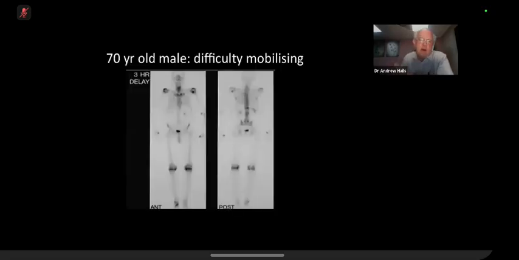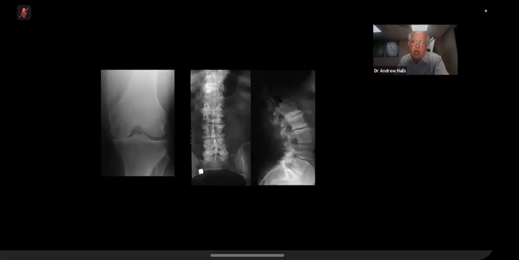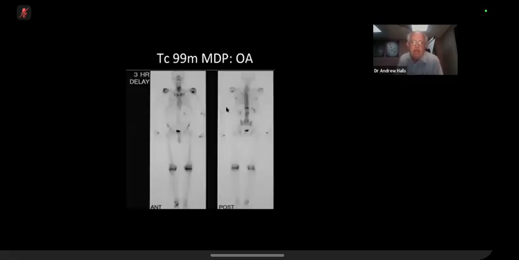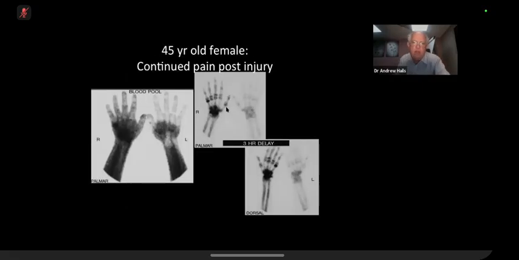I mean, this is like most of our bone scans, really. So we've got increased uptake at the first carpal metacarpal joint. But these linear areas in the spine, as you say here with these modic changes, the fact that it is linear does strongly suggest it is degenerative. Just OA, basically. Now, just to show this, we've got pain post-injury, or it might be